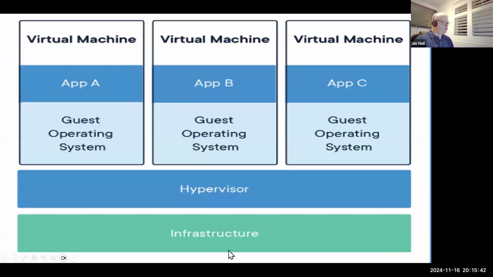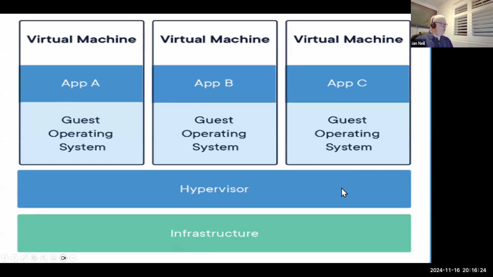Now, what happens with virtualization? You need the infrastructure, which is your server, and this is where your storage is. So you've got your operating system's infrastructure. Then on top of the operating system, you've got a thin layer called a hypervisor. The type 1 hypervisor is one that's got bare bones, like Hyper-V, ESX, or Xen. Type 2 hypervisors tend to be used by a user, like VirtualBox for Windows 10 and VirtualBox for Windows 11. And then we're going to look at some virtual machines.